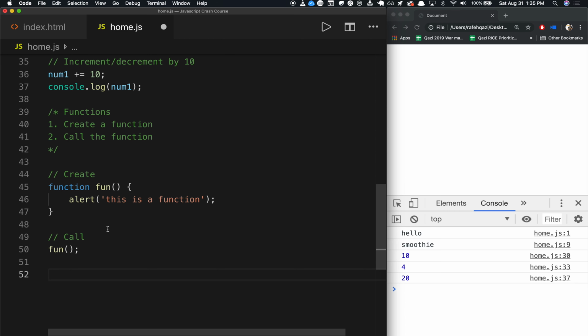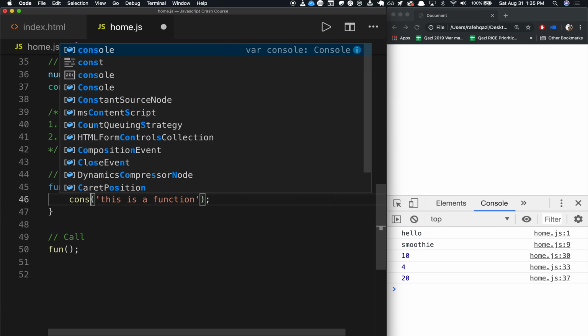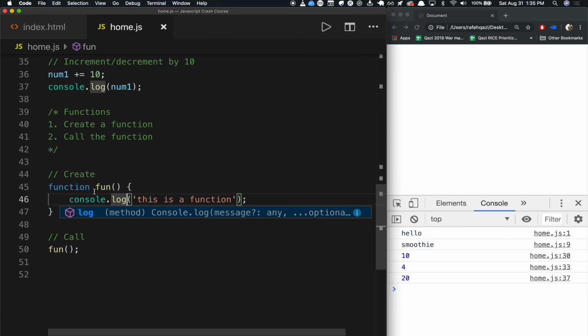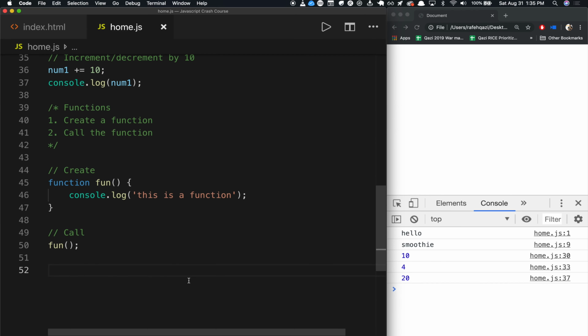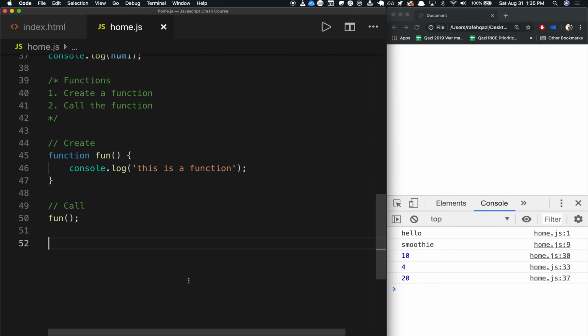Now let's start making it a little bit more complicated. I'm going to change this alert because alerts get pretty annoying pretty fast. Now let's create a function. And the idea behind functions is it should do multiple things. What this function should essentially do is take in a name and then return to you. So I'll write this down. Let's create a function that takes in a name and returns to you